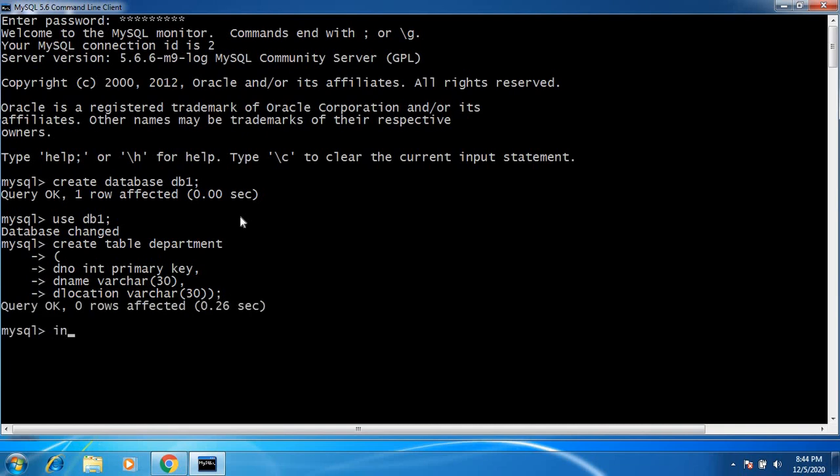I want to insert some values inside this department. So insert into department values. I want to insert some department name.